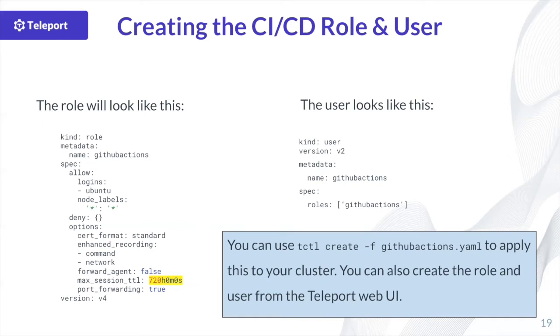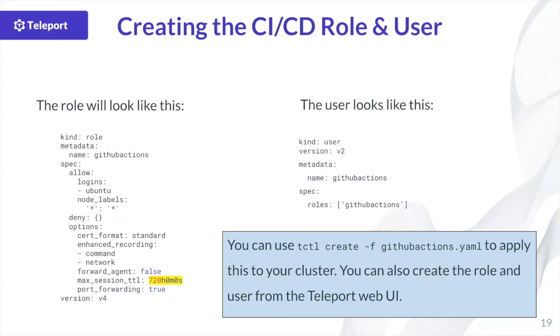I've got a role here that's defined GitHub Actions. It allows whoever has this role to log in with an Ubuntu user. We do some auditing and logging. And then I have a maximum session time to live of 720 hours. Basically I took 1 month, 30 days at 24 hours a day, and came up with about 720 hours, which is about a month. So instead of having a 6-month certificate or 1 year,